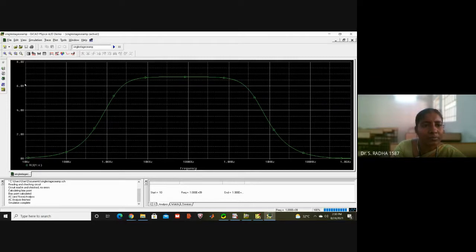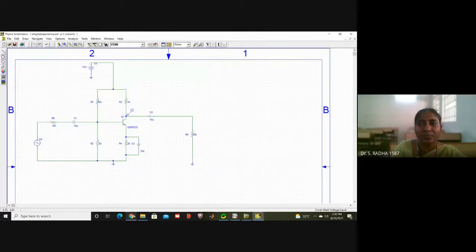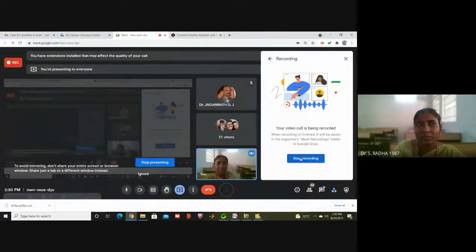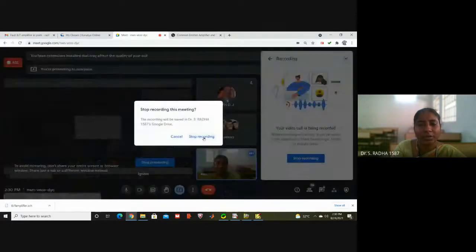Above, this is 6, and after 2 divisions, this is 7. This is 6.7 something. The maximum voltage is 6.7 in the case of the single stage CE amplifier. We got 6.7 volts as the maximum in the waveform.